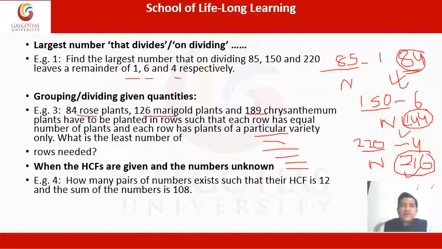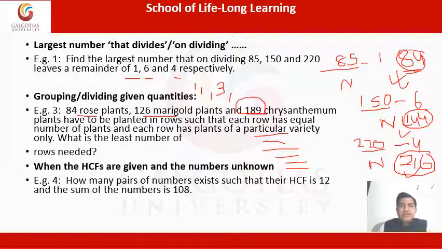Now, what will I get? Can I plant one plant in each of the rows? Yes. Can I plant 2? No. Because how will I go for 189? There will be one plant left, isn't it? So I can go for one plant. Can I plant 3 plants in each of the rows? Yes, I can plant 3 plants in each of the rows. Now, what will be the next number? Will it be 6? No, 6 won't be there.